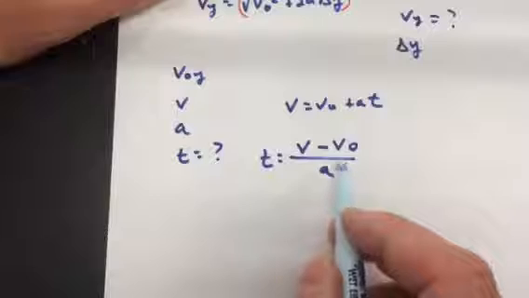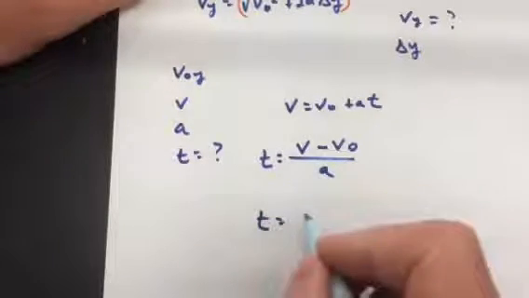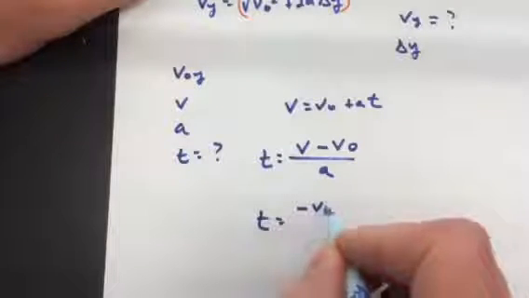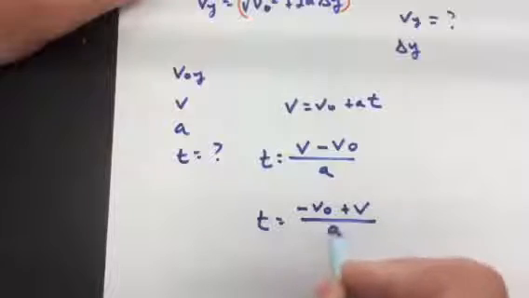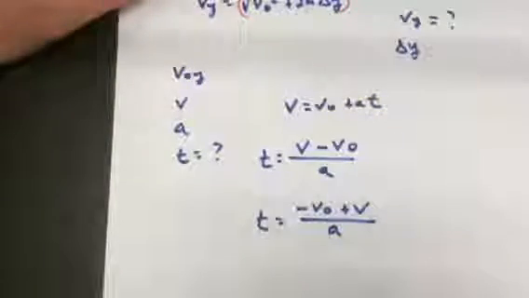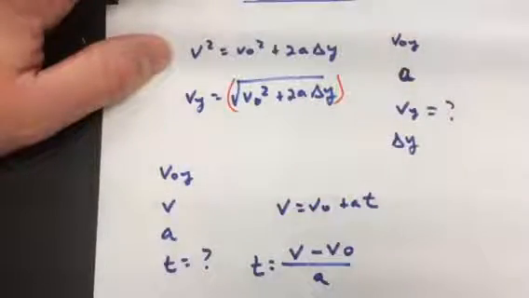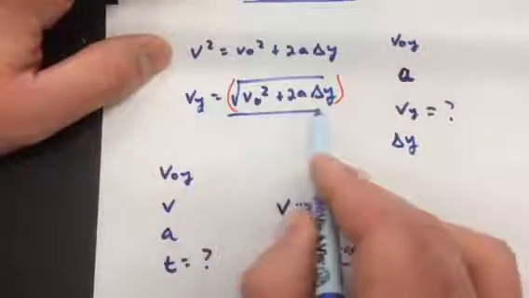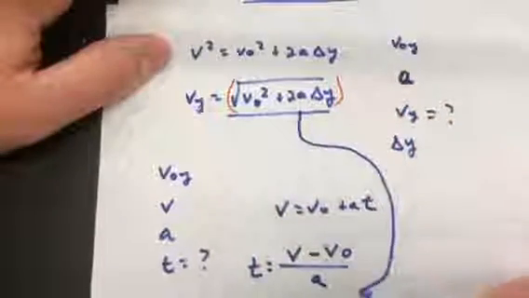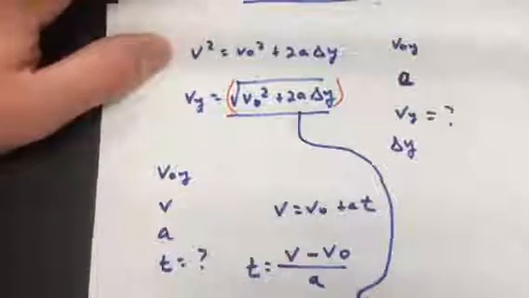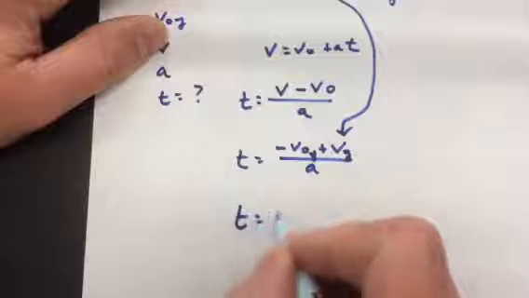All right, so I'm just going to change the order up a little bit. I'm going to write my v naught first. So I'm going to say minus v naught plus final velocity over acceleration is equal to time. All right. So if I look up here and I find that my final y velocity is equal to this, if I take that and plug it in for the final velocity into this equation, it's going to read